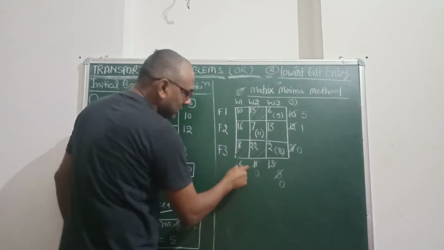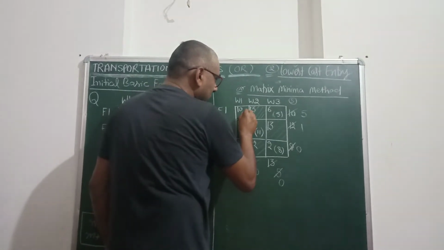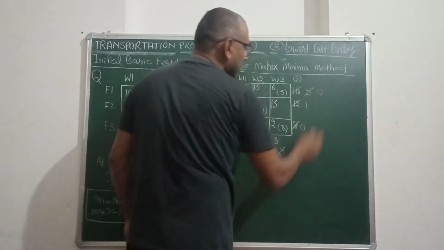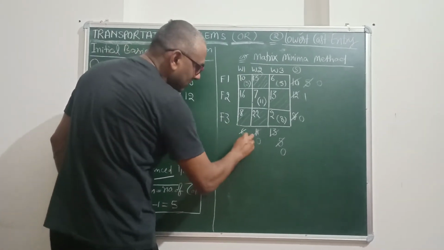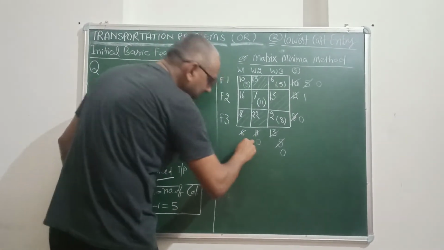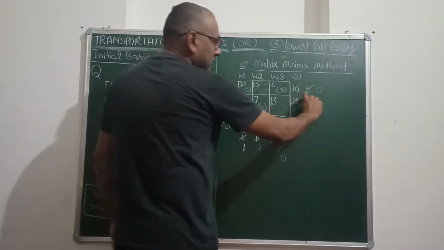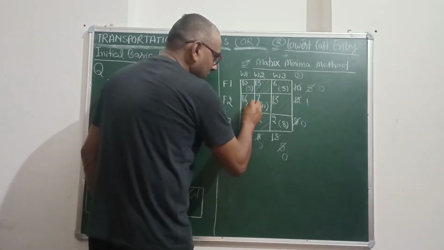5 is the supply available for this set, and 6 is the requirement, so we will make an allocation of 5 units. Okay, so after supplying 5 units there is no further supply available here, but the demand is not fulfilled and 1 unit is still in demand for warehouse 1. Okay, so this is the last cell. The supply available for this cell is 1 and the demand available is 1, so this will be made here.